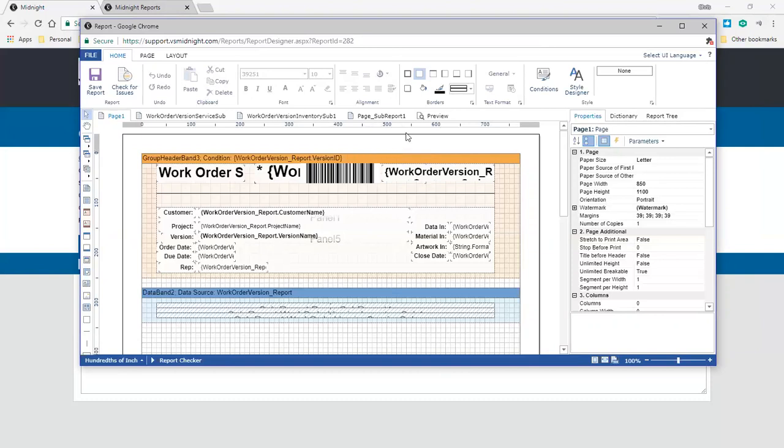We strongly suggest making clones of any report that you wish to make modifications to, rather than modifying our standard versions of the reports or the ones that come prepackaged with Midnight. The primary reason for this is that as we run our update processes or patches to improve Midnight, we submit data and code changes that revert reports back to their original status, so that we can update them to include any new functionality that they may be expected to include following the update. What this means, in short, is that any changes you may have made to one of our standard reports will be reverted back to its original state